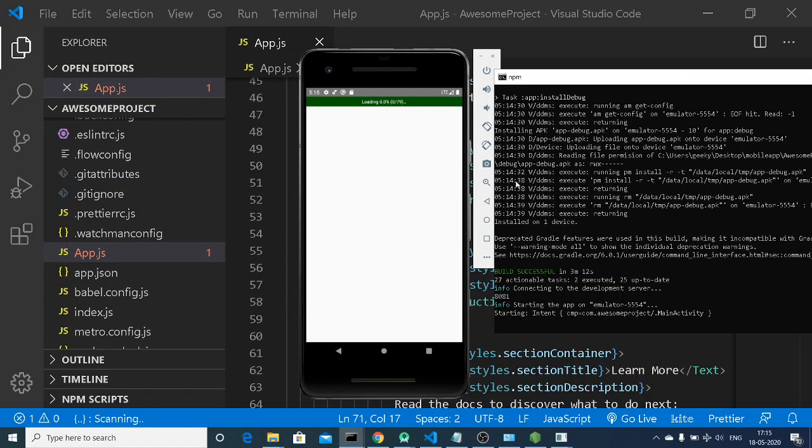So the build was successful in 3 minutes 12 seconds. So now you can see that it is loading here.